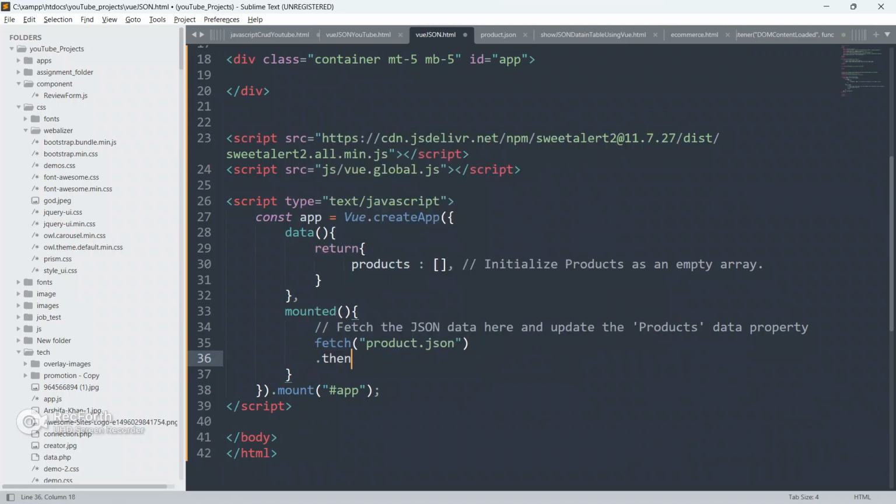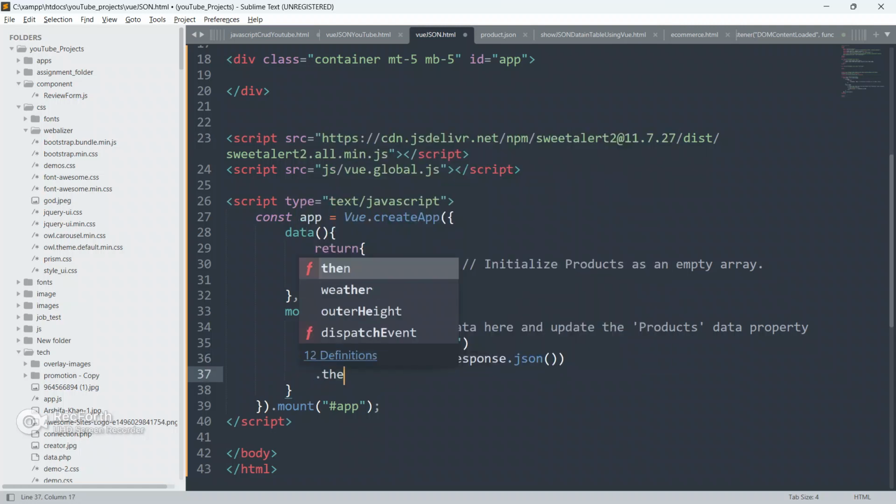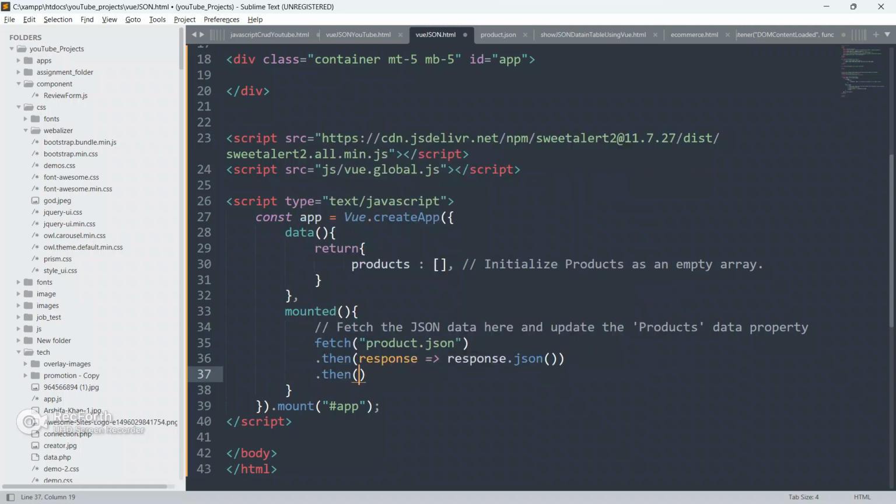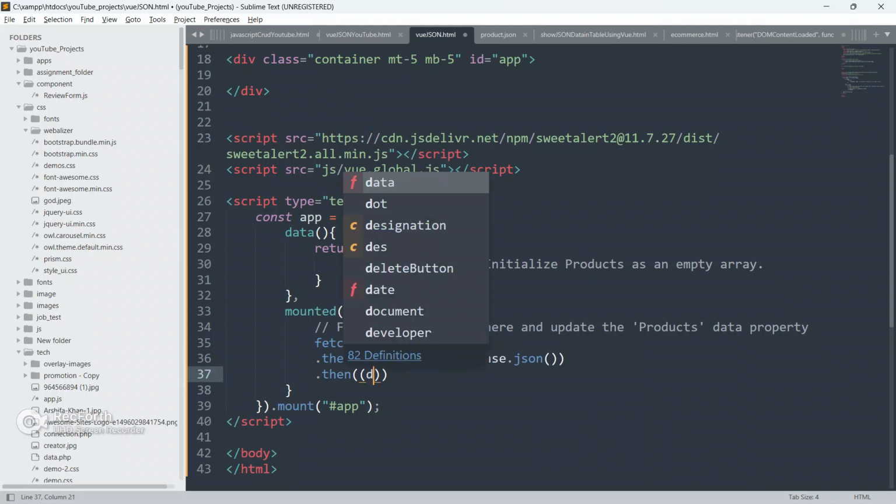It will return a promise after resolving. Then dot then response, and I'm going to use a fat arrow function, response dot json, and again it will return a promise, so then it will return the data.